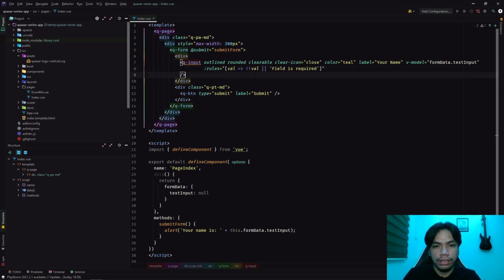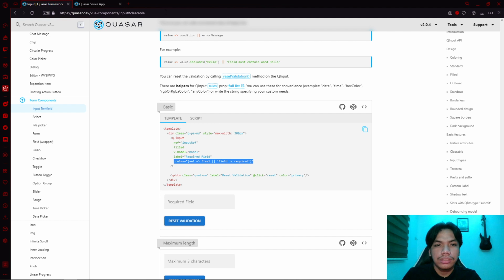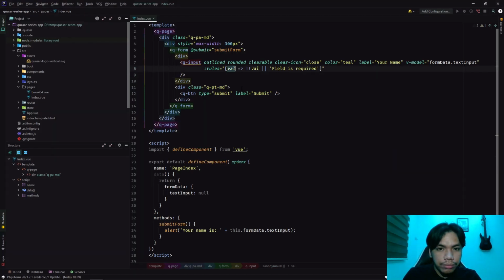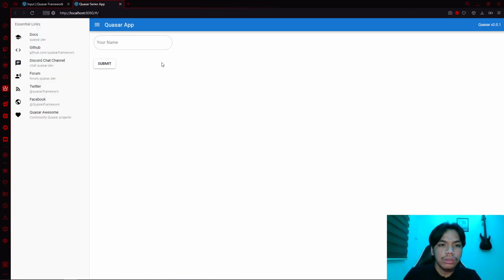So something like this, right? What it means is that if the value is not a value at all, meaning the field is required. So in short, we're just going to flip the value twice in order to make it return a truthy value or a falsy value. So if we do that,